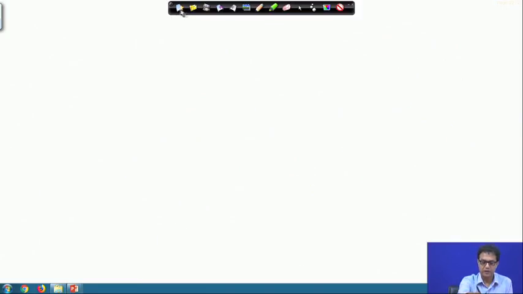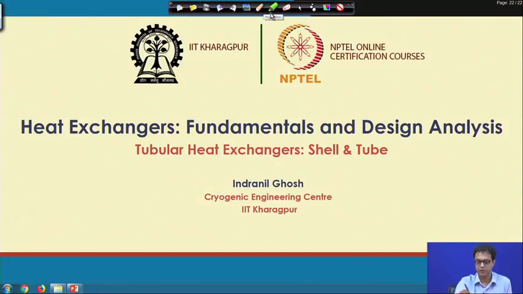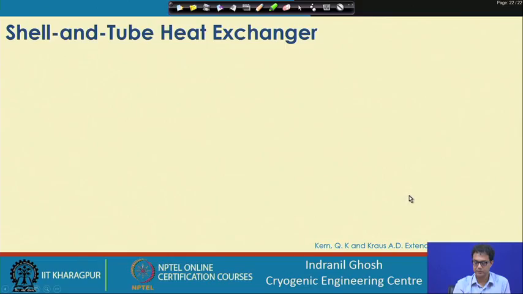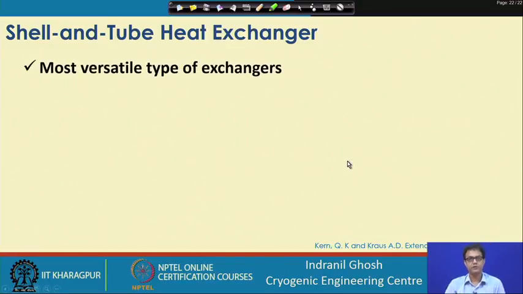So, now with that we will now shift to the next discussion, where we are talking about the shell and tube heat exchangers, and you have already learned about it in the earlier classes. Now, we will try to go in details about this shell and tube heat exchangers. We know it is one of the most versatile types of heat exchanger used in the process industries or even in the nuclear plants, and they can be used as